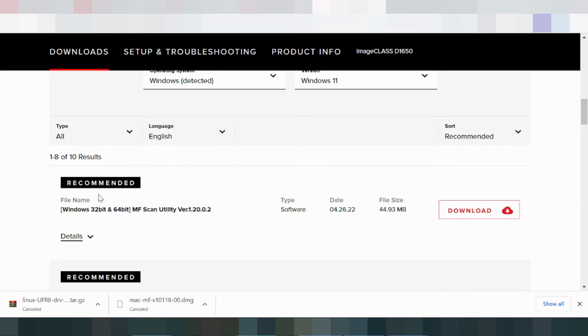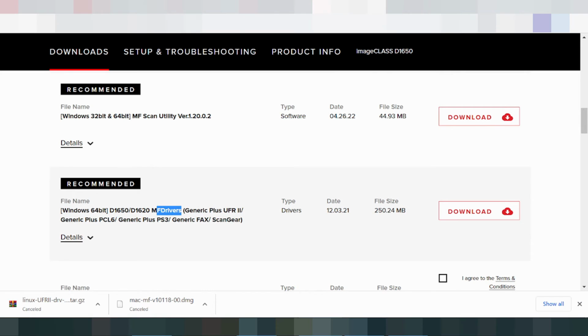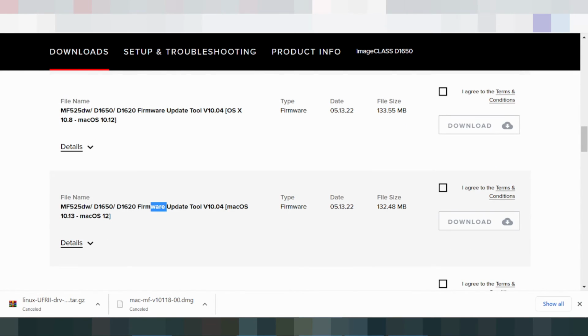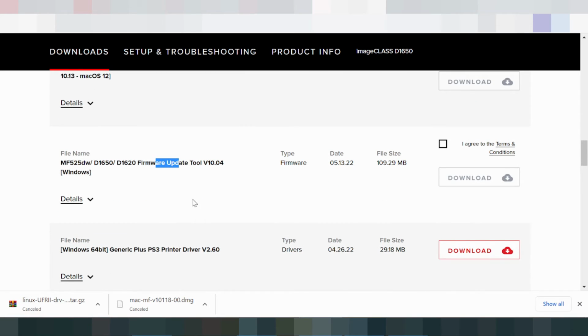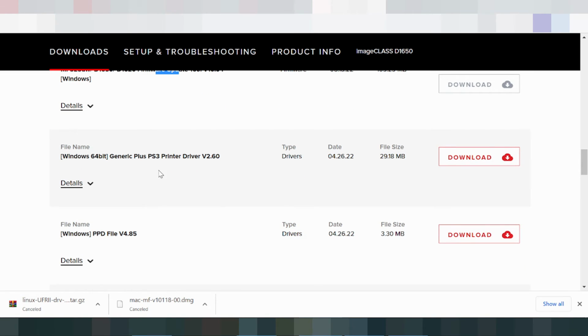Okay, this here is the recommended one for Windows 11, and this here is the driver, scanner, and this here is the freeware and the driver PS3 printer